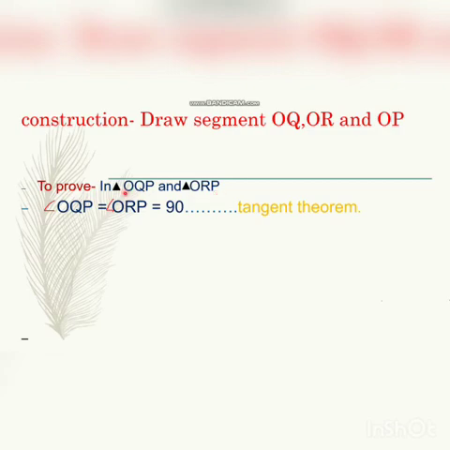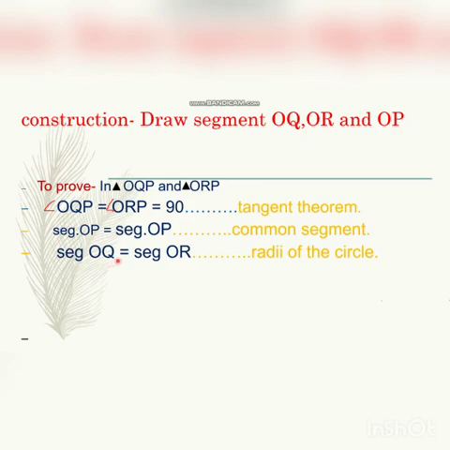So if you show both triangles congruent, then you can prove segment PQ and PR both are congruent. So in triangle OQP and in triangle ORP, segment OP is congruent to segment OP. This is the common segment, or hypotenuse, of triangles OQP and ORP. So the hypotenuses are equal. Then you can show one side of this right angle triangle congruent.